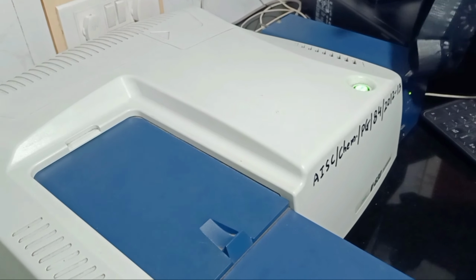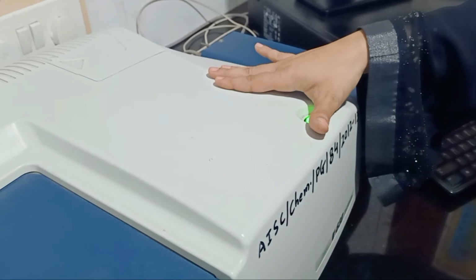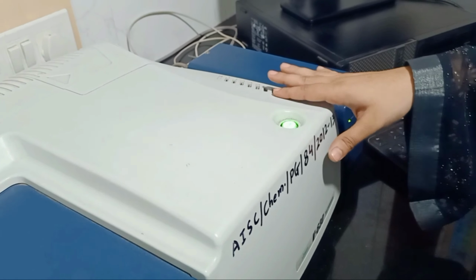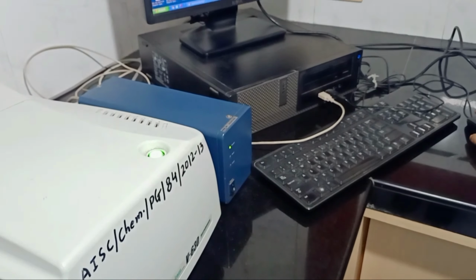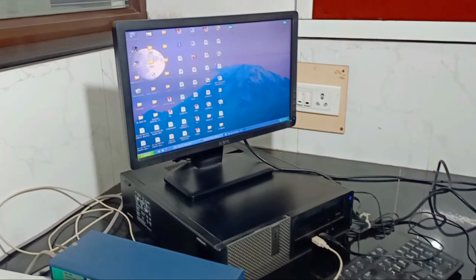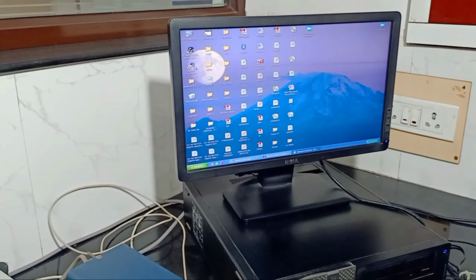After the sample holder, the detector is placed inside the interior of this instrument. The detector here is a silicon photodiode, and the display unit function is served by this monitor through the software Spectra Manager.